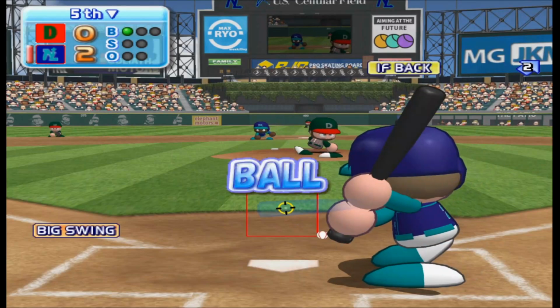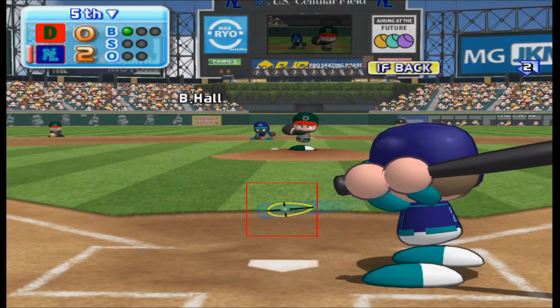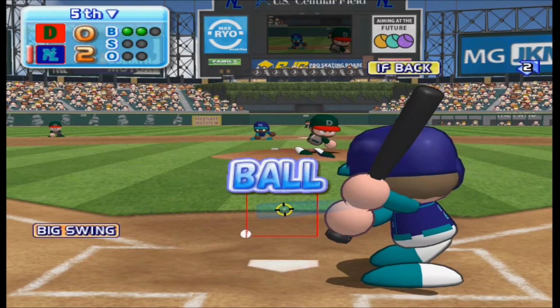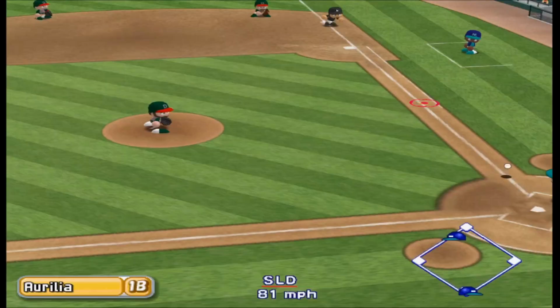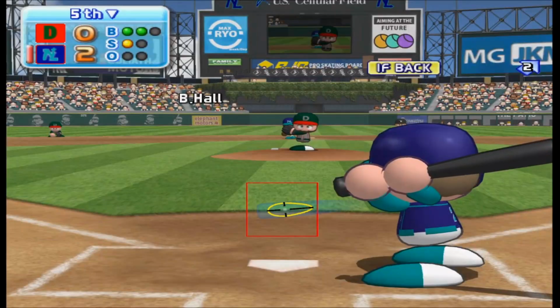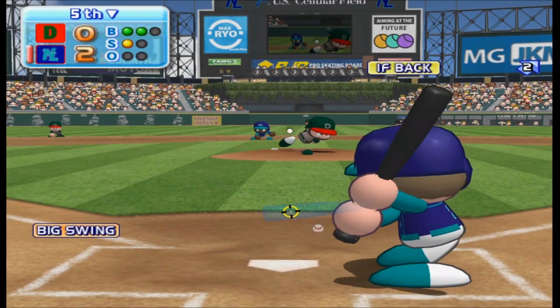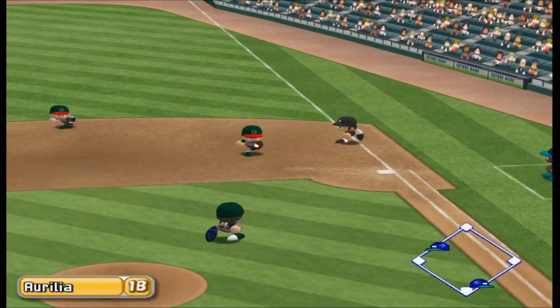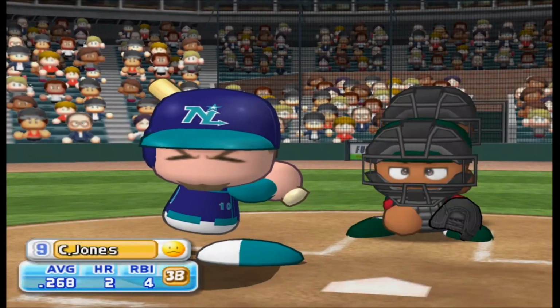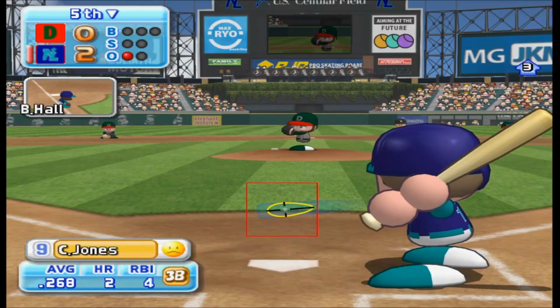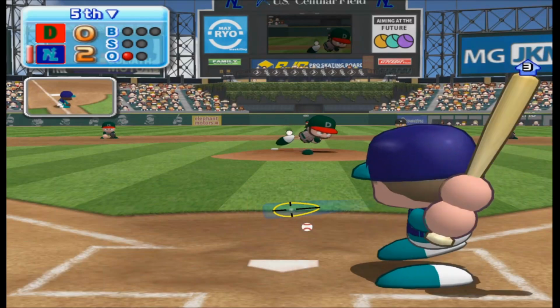Here we go, the first pitch. That one clearly missed the strike zone. Ball. That ball is pulled sharply. Foul ball. Pulled inside. He steps on the bag and makes the play unassisted. Next up is the last batter in their lineup, Chipper Jones. He's set to deliver the first pitch.